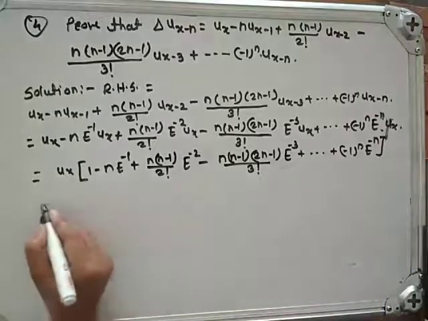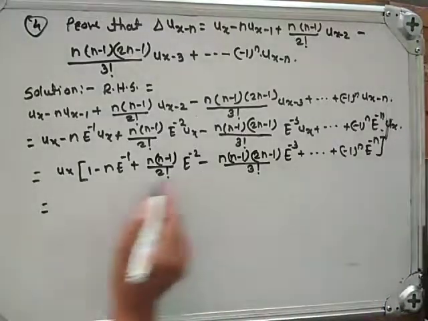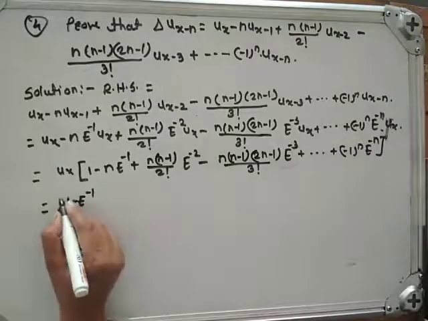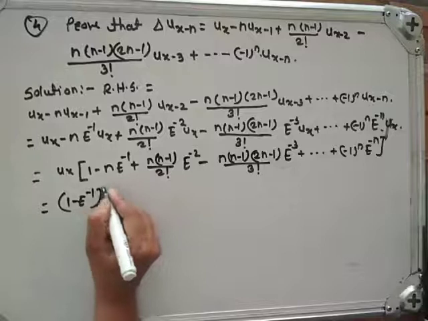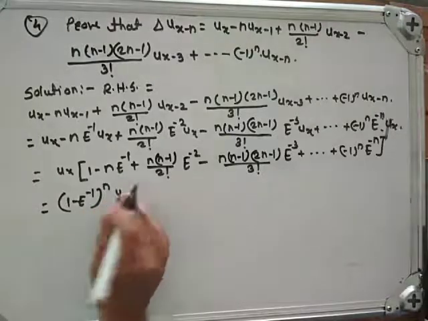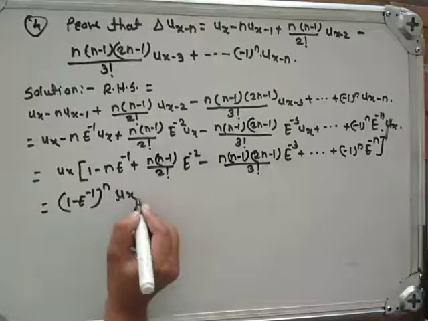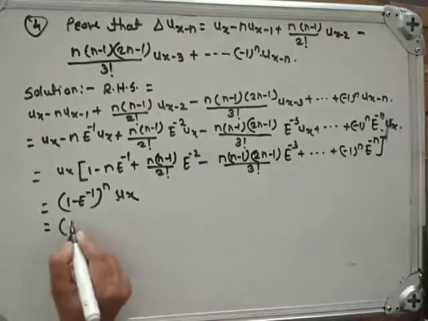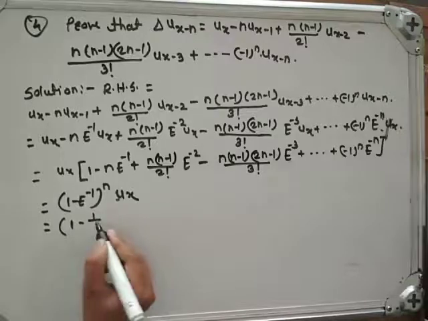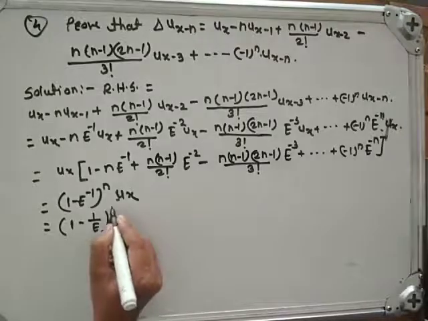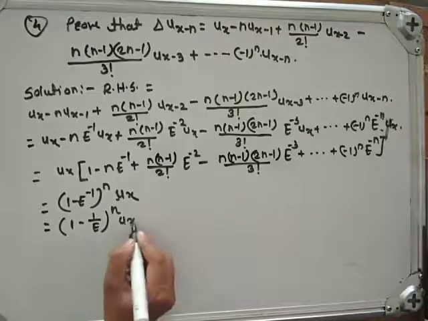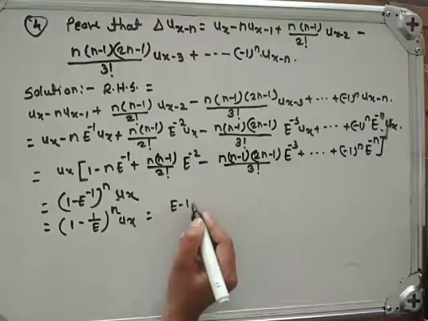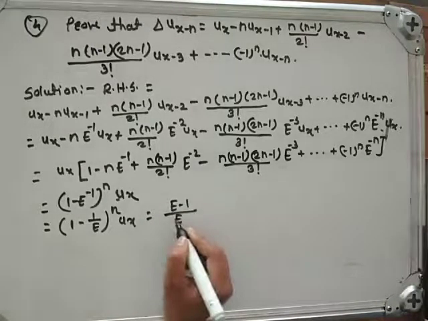Okay, this is the binomial expansion of 1 minus e inverse raised to n, u_x, which can be written as 1 minus 1 upon e raised to n into u_x, which is equal to e minus 1 upon e